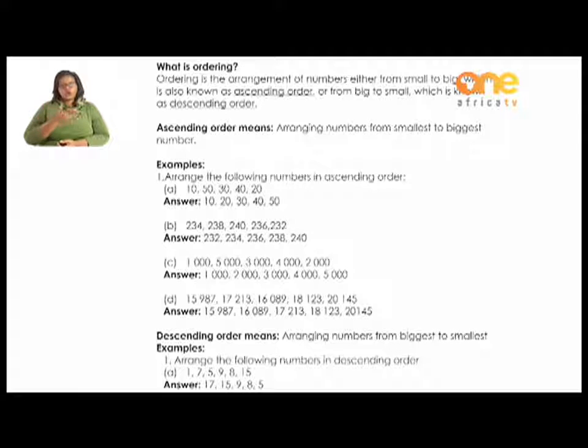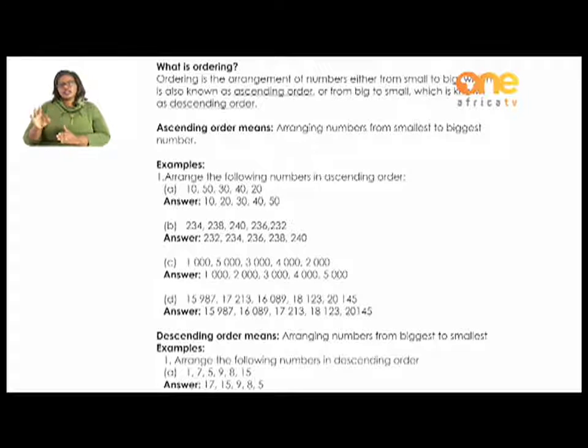Then the last one is 15,987, 17,213, 16,089, 18,123. Then the last one, 20,145. So the smallest number there will be 15,987, followed by